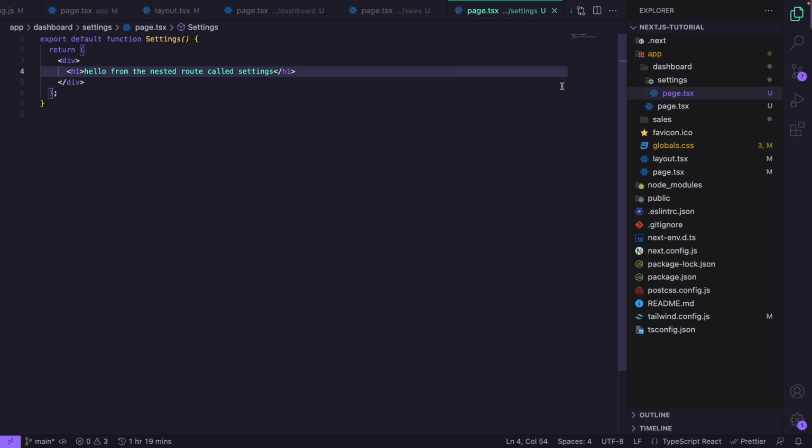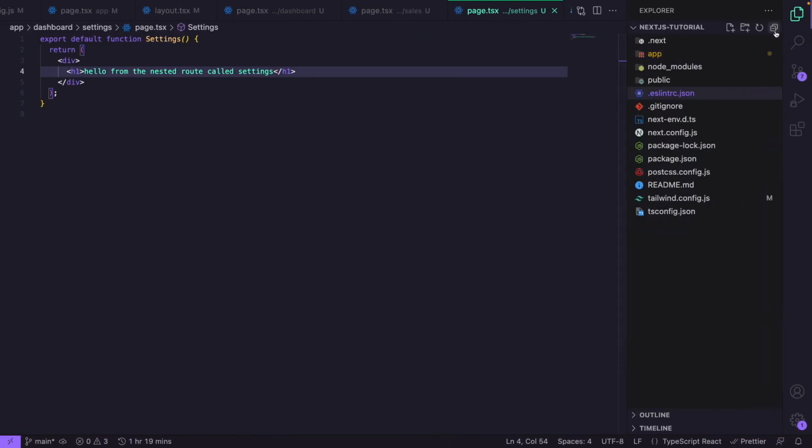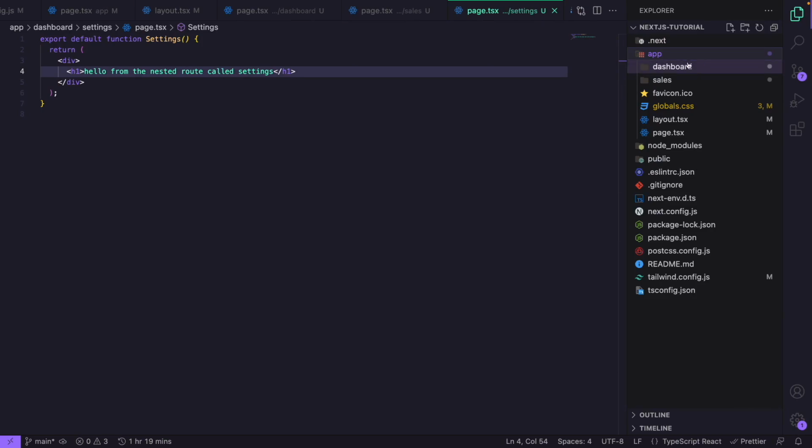And now I think we are pretty much done with basic routing. So we know how to create the level 1 routing where we just have a / route. And now we have created nested routing. Now the next thing I want to do is dynamic routing. So for example, later in our application, we'll have a movie application where if we click on a movie, it will redirect us to /movie/ID. And the ID is dynamic, so it can be a variable, it can be 1 or 500, whatever the ID of the movie is. So to make dynamic routing work, let's do it again inside of dashboard, and